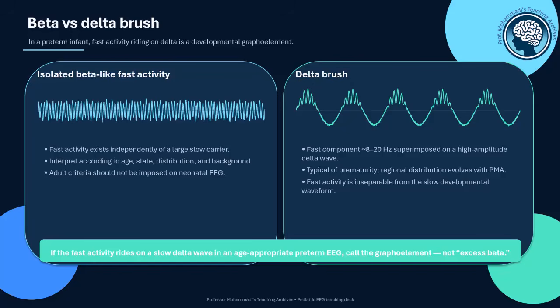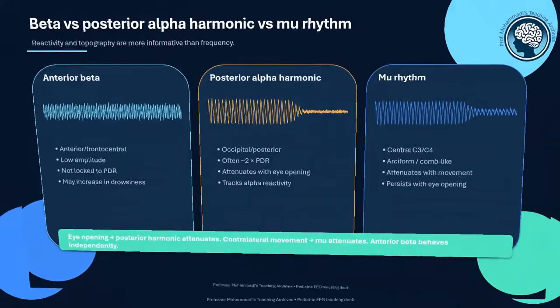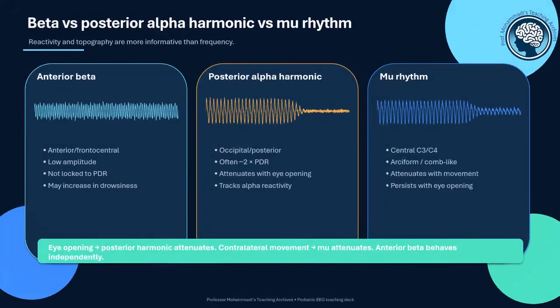Next slide, please. Three superficially similar rhythms can often be separated simply by asking where they occur and how they react. Physiological anterior beta is predominantly frontal or frontal-central, usually low in amplitude, and is not tied to the posterior dominant rhythm. A posterior alpha harmonic occurs over posterior or occipital regions and may have a frequency approximately twice that of